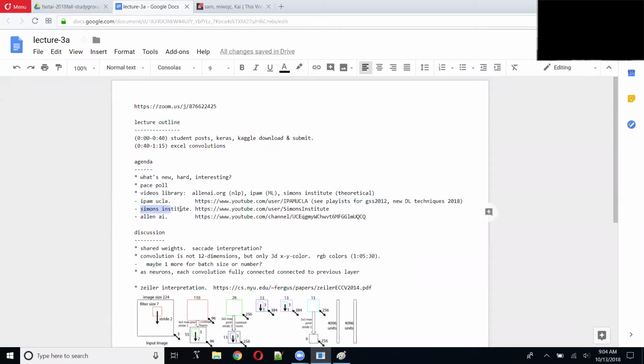Another one of my favorites is UC Berkeley Simons Institute for Theory of Computing. They get really, really theoretical. Not sure how interested you are in that. But if you're into just the engineering stuff, then Paul Allen, from Microsoft, I think I might have mentioned this, has like 3 institutes, and he has an AI institute, and they focus a lot on natural language processing. So those are my favorites. I just thought I'd share.